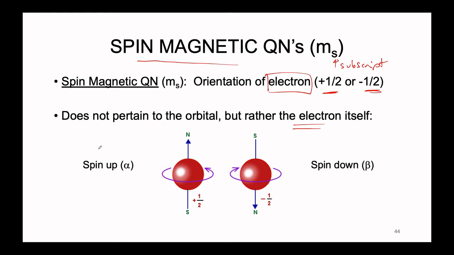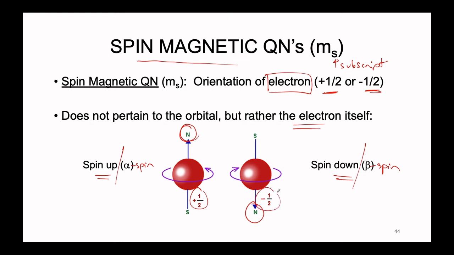There are a couple of different other ways that we can say this. Either the electron is spin up or spin down. It could have an alpha spin or a beta spin. If it is spin up or alpha spin, we call this the +1/2 version. This would also correspond to your electron spinning in such a way that, because when anything that has a charge spins, it creates a magnetic field, if your electron is north end up, this is going to be your +1/2. If your electron is spin down or beta spin, the north end is down and it will have a -1/2